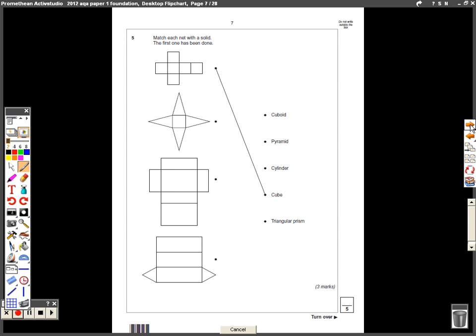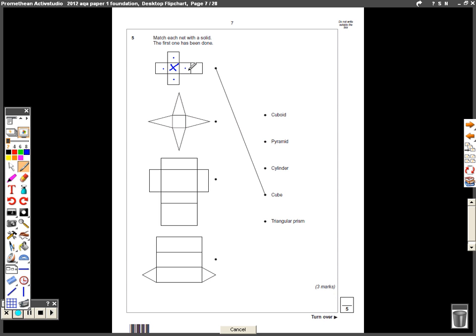Next question on shapes. Match each net with a solid. So these are folded out shapes. If you fold them up, they will make a solid shape. Now it's useful, I think, to decide where the base of the shape will be. So if I imagine in this shape here that there is the base, then I can fold up these 4